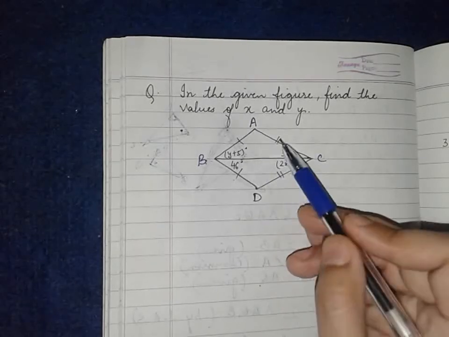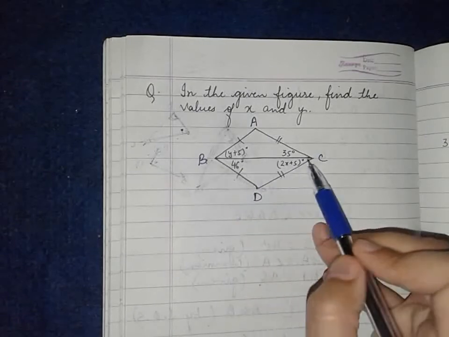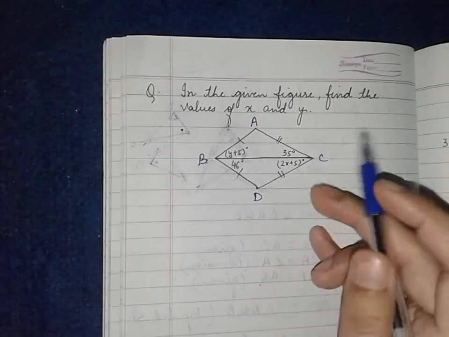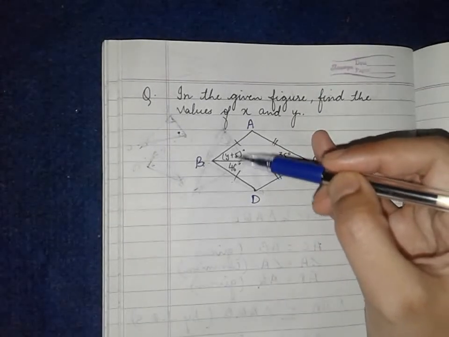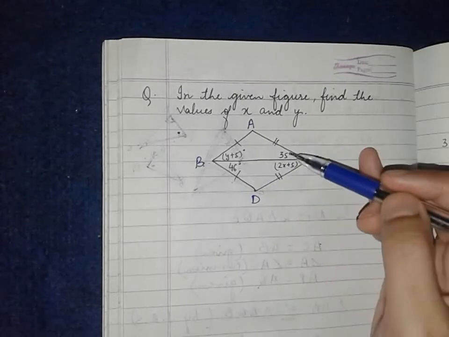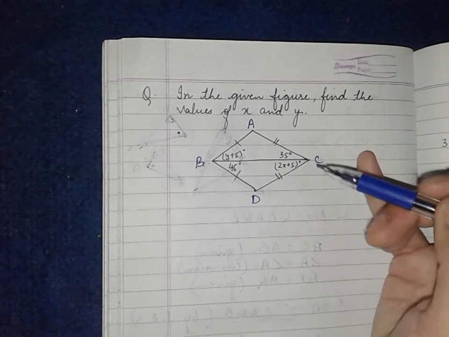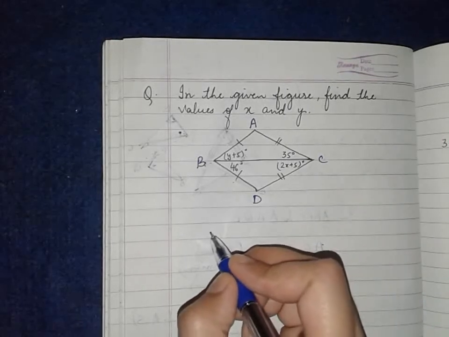These two sides are equal, these two sides are equal, and this side is common in both the triangles. So these triangles will be congruent, and when the triangles are congruent, these two angles can be written equal by CPCTC, and these two can be written equal. A relation will be formed between the given values, and then we can easily solve them. So I will prove the triangles congruent first.